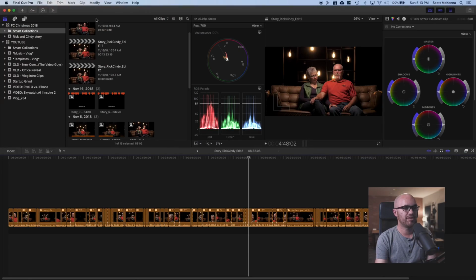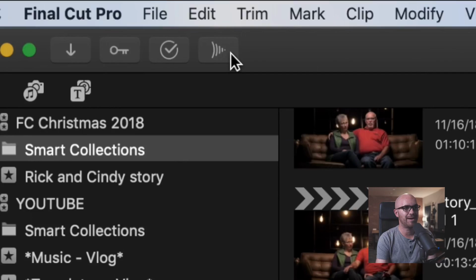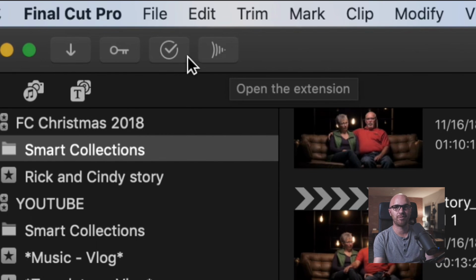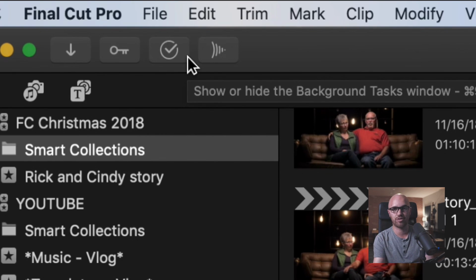Now, where it really gets amazing is the actual Final Cut Pro integration, because all those things that I just mentioned to you can be done directly in Final Cut in the brand new 10.4.4 update, I believe it was. But this is just amazing. I just want to really quickly touch on this. For those that are Final Cut Pro users, you'll understand exactly why this is so awesome. One of the brand new features in Final Cut, right at the very top, you have this little tiny thing now called Open the Extension. This is a Frame.io extension. Final Cut is now allowing people to have third-party extensions in Final Cut directly, which is great.